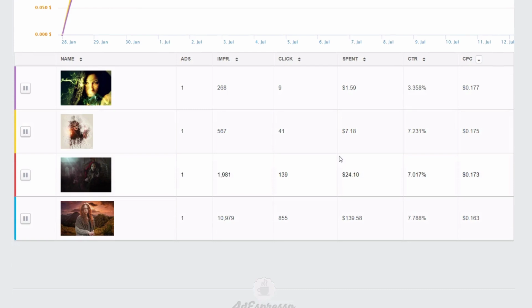People don't like to click on posts that look like ads. So if you put in pictures that are related to the book, you've got a higher chance of getting a good click-through rate. And click-through rate here, it's shown easily in Ad Espresso for the different ads, is very important to track so you can see which of those pictures are doing best. So that's making sure your pictures are right and checking your click-through rate.